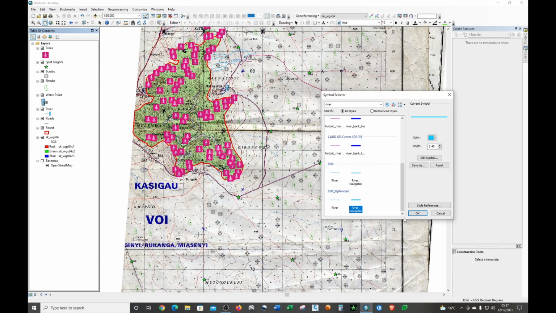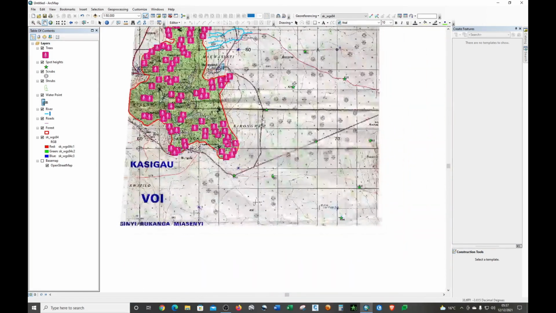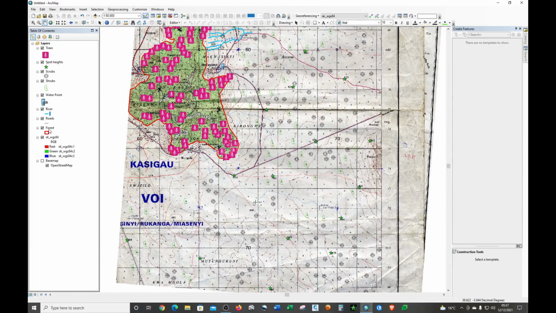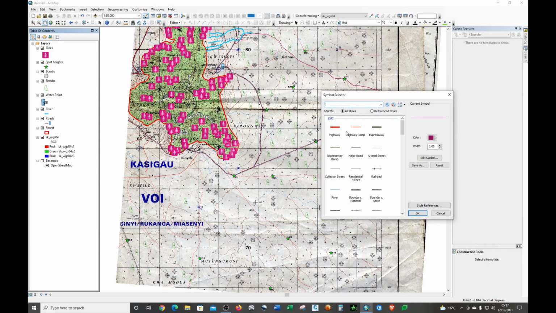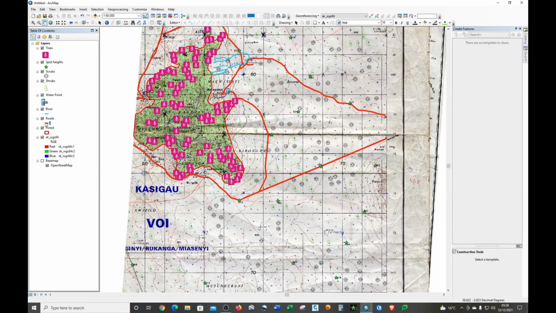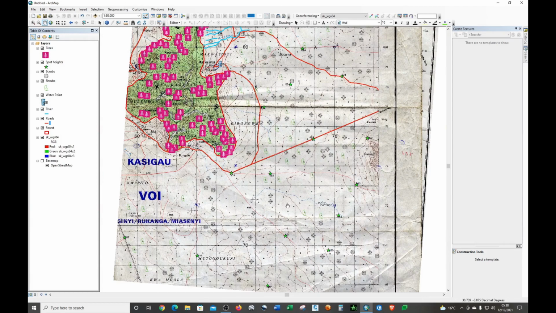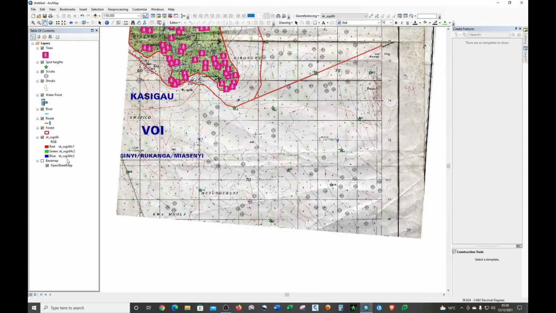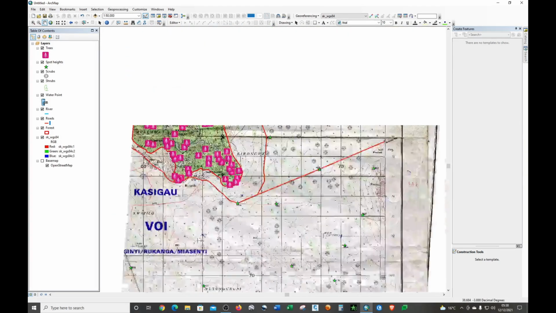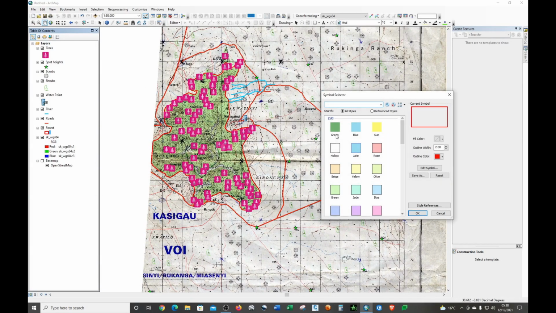I think let's use that and reduce the size. That's all. I change the forest to